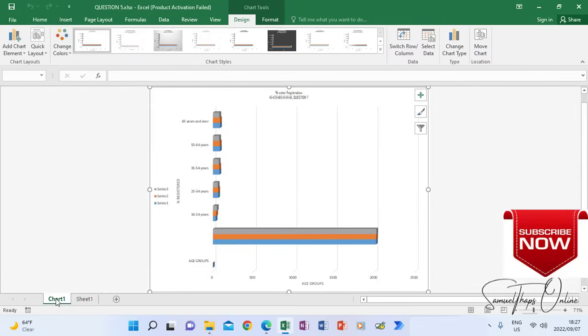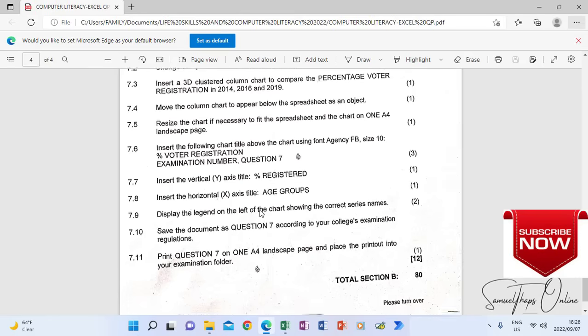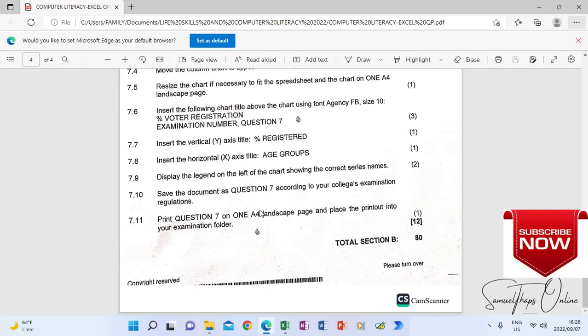Then there it is. Then maybe they want you to print it alone, but in this case we were not supposed to print it alone. We were supposed to print it below the spreadsheet. That is how it was appearing few moments ago. So when we look at our question paper, that is the end where you are going to be printing the